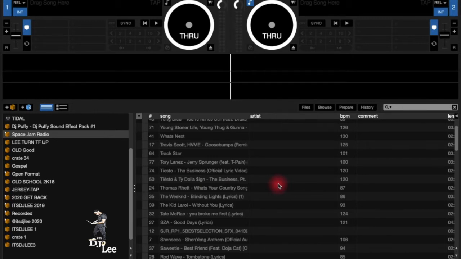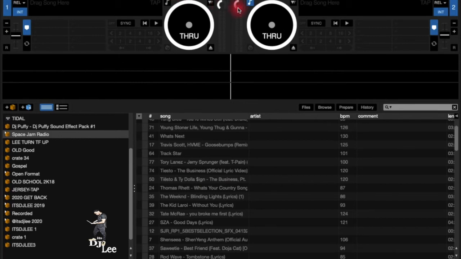Alright, next thing here we have, don't need the MIDI. This is your master volume. Alright, this will affect everything exiting out of Serato. On each track, this is track 1, deck 1, this is deck 2. You have individual volumes you can use when you mix in the board.